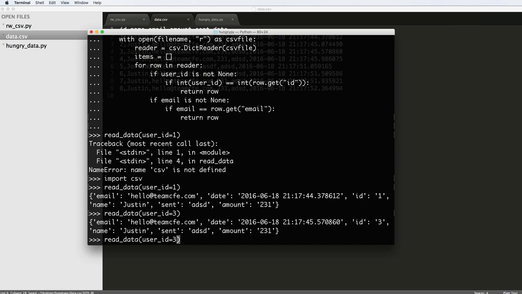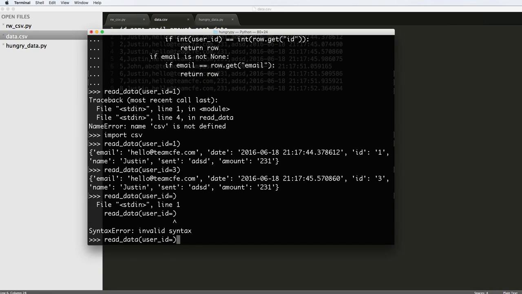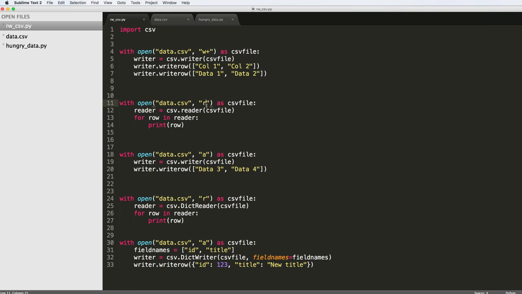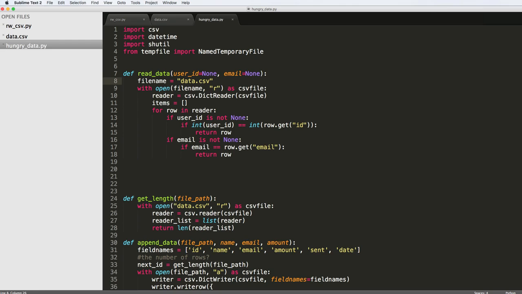So that was ID of 5. Oops. Let's try that again. ID of 5, press enter, and it will actually bring back that specific information. That's great. So there is something that I want to do though, is if the user ID or the email